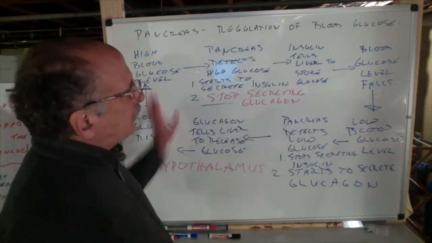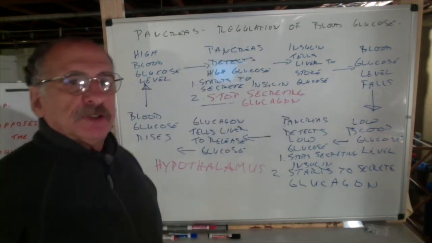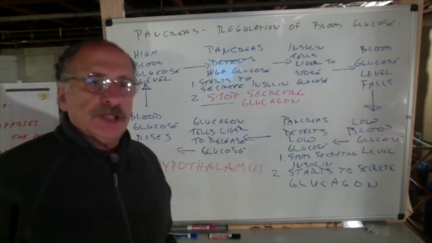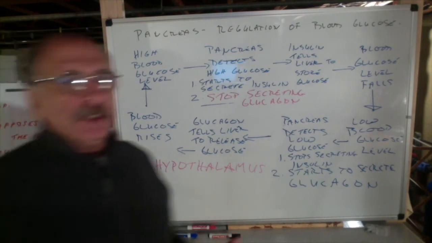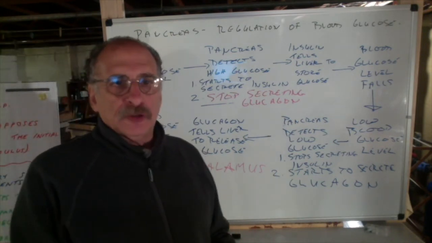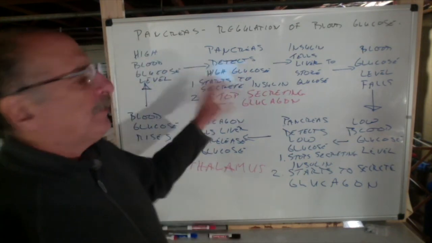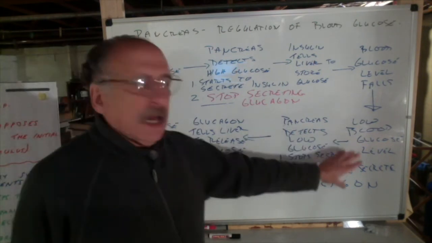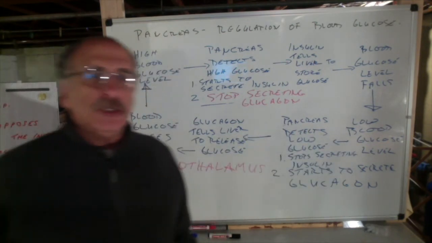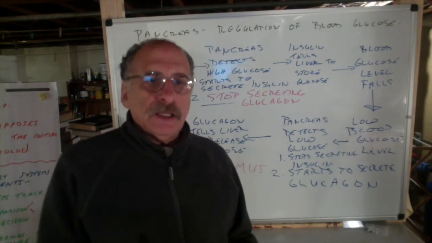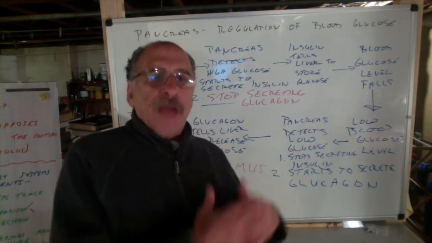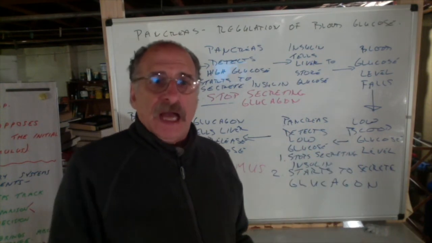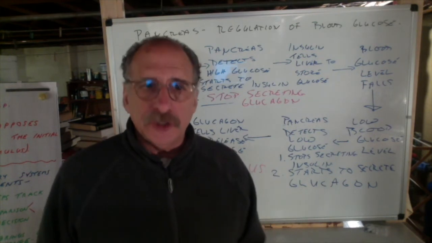It's a loop because it keeps going around. It's feedback because it involves information. Now, there's at least 2 forms of information in the diagram. One piece of information is how high or low the blood glucose level is. And the pancreas is getting that information by keeping track of how high or how low the blood glucose is. Depending on how much glucose is in the blood, the pancreas is going to send information to the liver. And it's going to tell the liver either to store the glucose or to release the glucose.